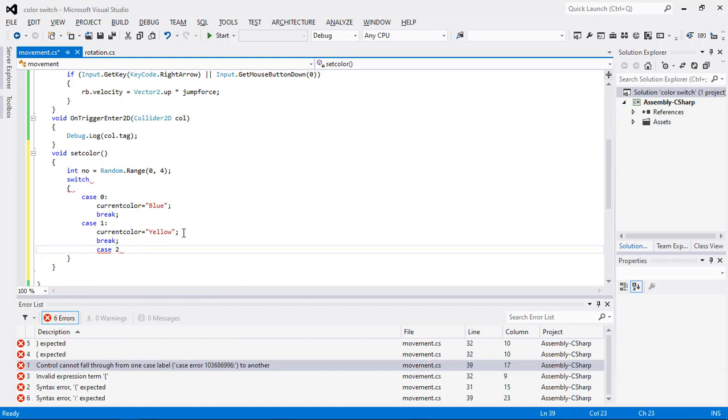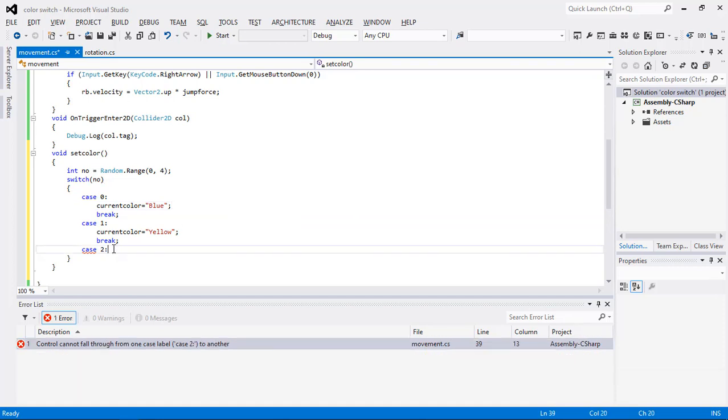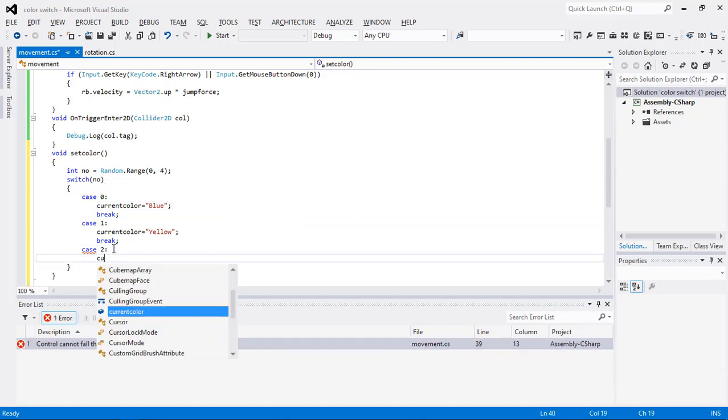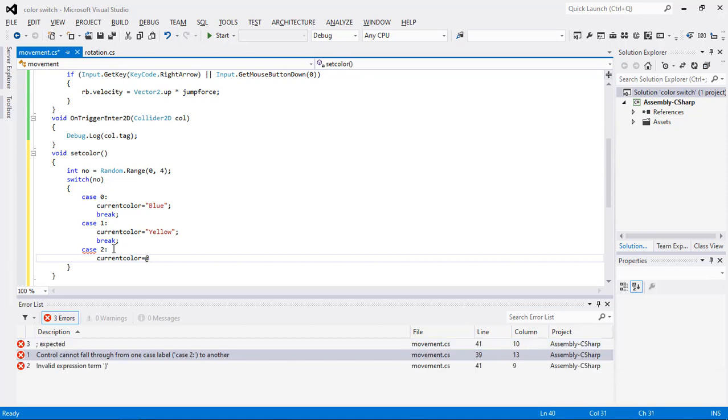Case 2 is equal to currentColor is equal to, sorry, that was my mobile. So currentColor is equal to what is called magenta,